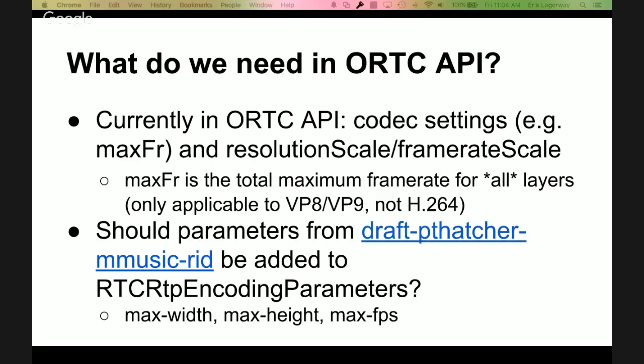So at least your proposal, Justin, would be to just do max FPS for now and dump frame rate scale. And I think these things should match 1.0. If 1.0 adds max frame rate, then we should add max frame rate. And if it adds nothing, maybe we could still add max frame rate. But there's no proposal in 1.0 to add max width and max height, despite them being in the draft. They've certainly been hinted at, but the consensus is weak. There's no consensus there.